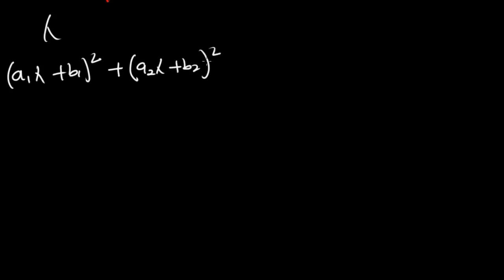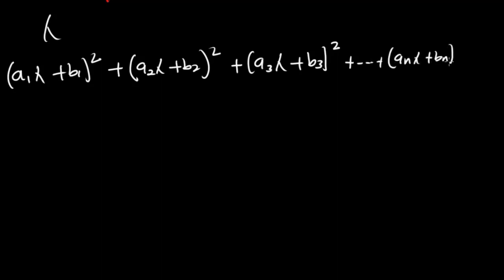So for all real numbers lambda, we can say that a1 multiplied by lambda plus b1 squared, plus a2 multiplied by lambda plus b2 everything squared, plus a3 multiplied by lambda plus b3 everything squared, all the way to an multiplied by lambda plus bn everything squared is greater than or equal to 0. So if you look here very well, we know that lambda is any real number,